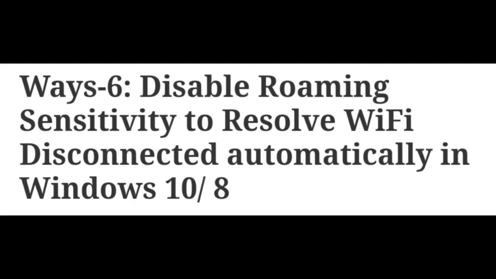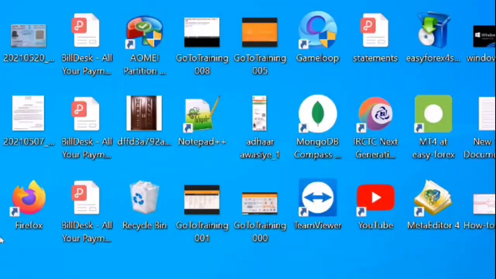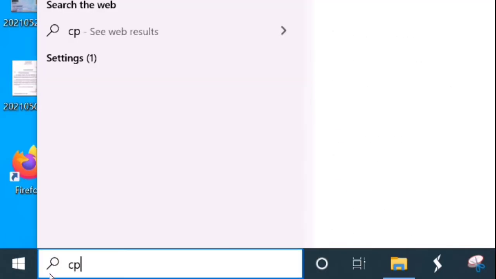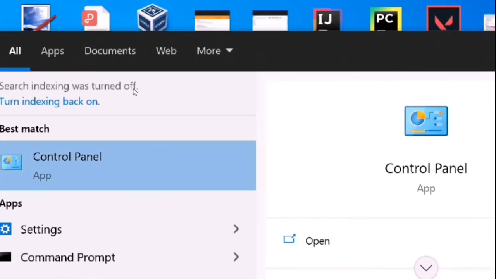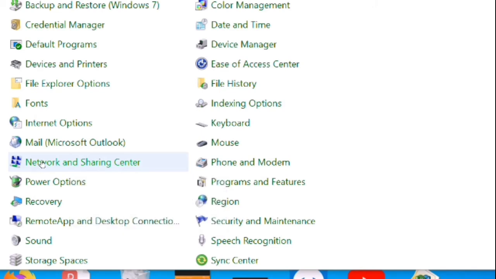Next workaround is to disable roaming sensitivity to resolve Wi-Fi disconnected automatically in Windows 10 as well as Windows 8. Go to the Windows search, type CP. Right click and choose control panel and go to the section network and sharing center.